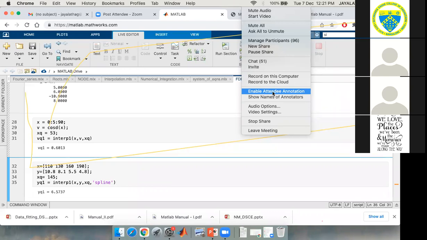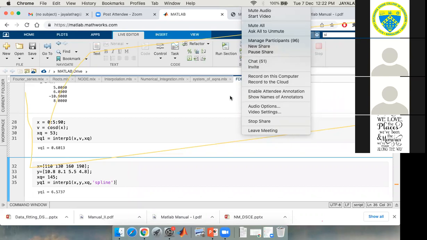Clear annotation is not there. I think it is from the host system.